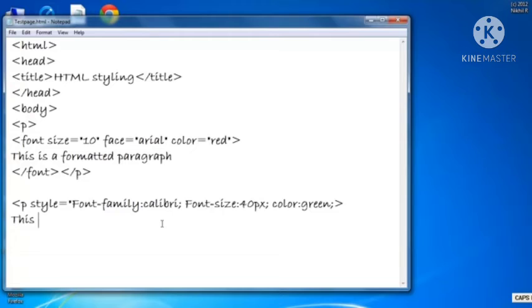Then this is a CSS formatted paragraph. Then we have to close this paragraph.